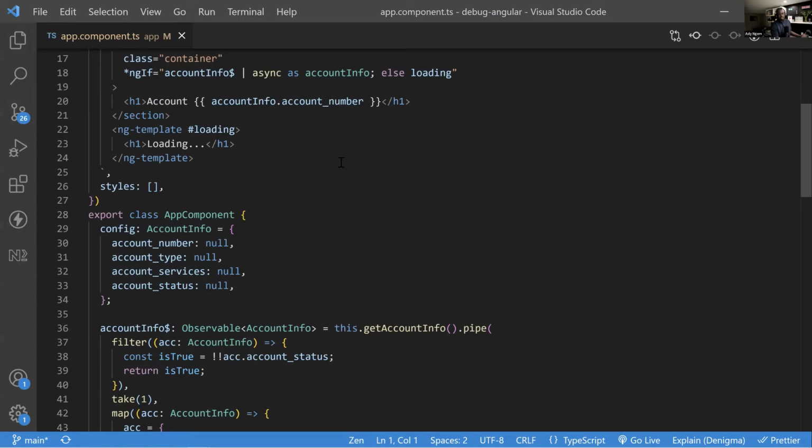But the async pipe has a lot of promises for us. It says that we don't need to subscribe. It will subscribe for us. We don't need to unsubscribe. It will do that for us too. Even if we change with any switchMap or anything like that to a new observable, it will unsubscribe and subscribe to the new observable. So there's a lot of things that the async pipe is magically packing for us. Of course, when you come in and you have a lot of source code, example code, you just do it and you follow blindly. You're pretty much just going through the motions.